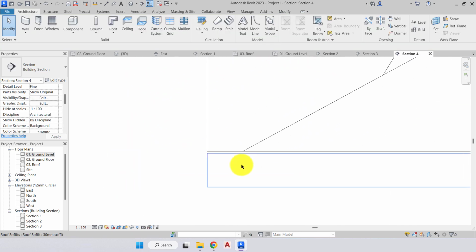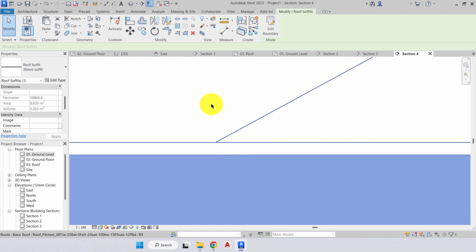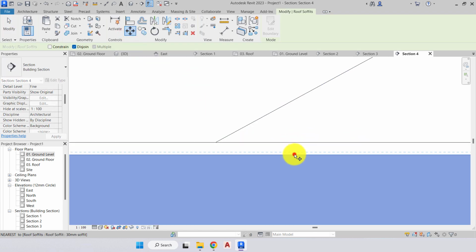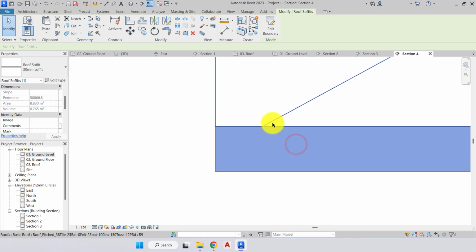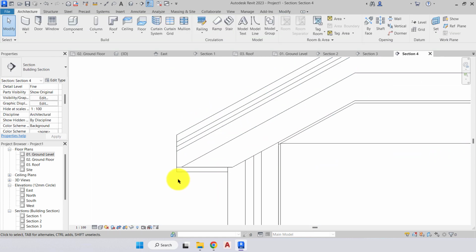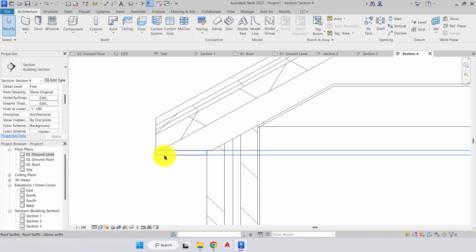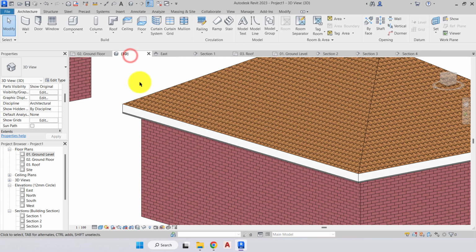Just zooming in, we see that it's not fully attached, so we'll select it, use our move tool, and attach it to the underside of the truss. Now that we've placed the soffit, we just have to finish off the face with a fascia board. So we'll go to our 3D view,